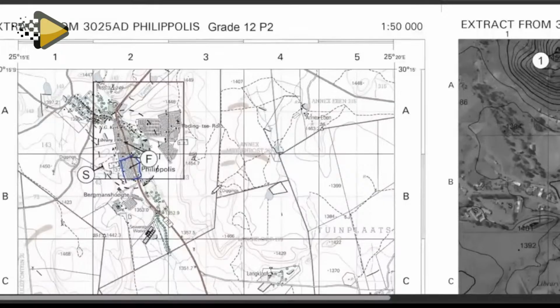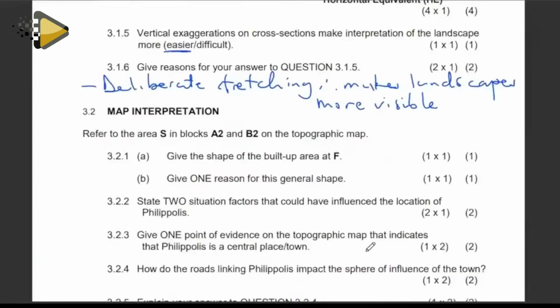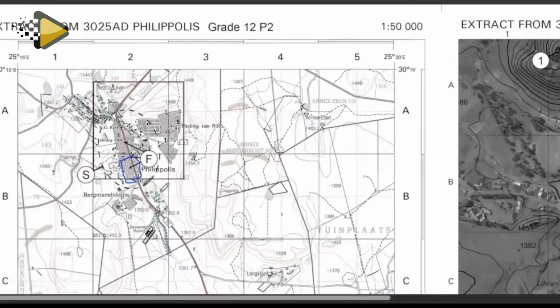That's the built up area. So the question is saying, give the shape of the built up area. What shape is being portrayed by this built up area, which is labeled F? If you check, it continues going there. So the ultimate shape of this whole landscape, of this whole built up area, we can see it's slightly having